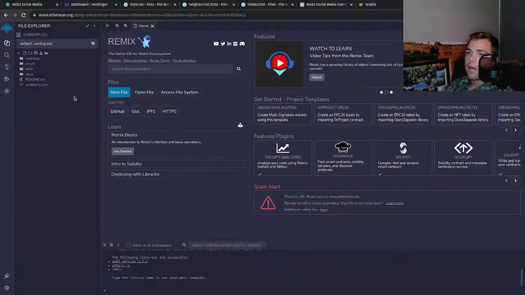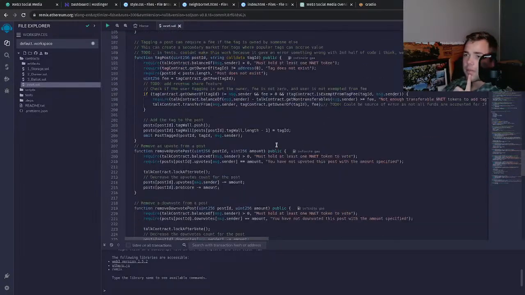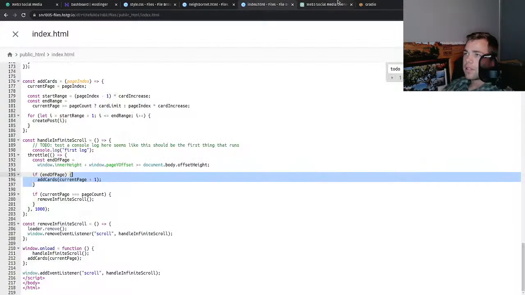Okay. And then, right, so it's like, how do you upvote? It's just upvote post, right? Upvote post, yeah. Okay, so the functions that need to be called